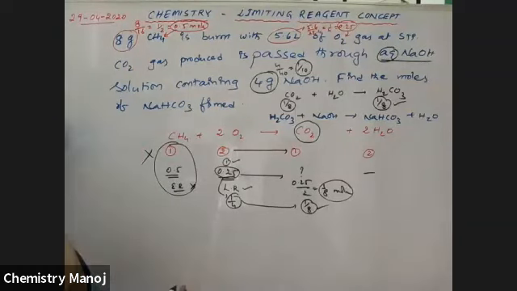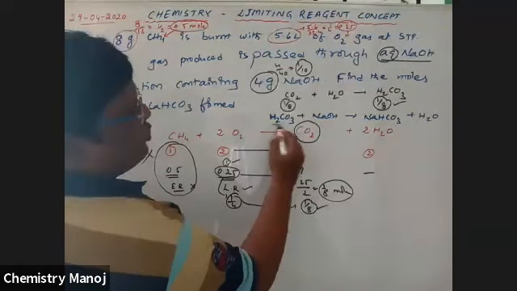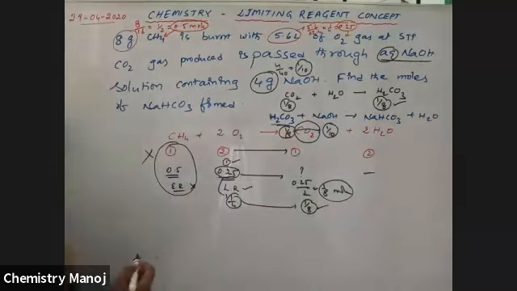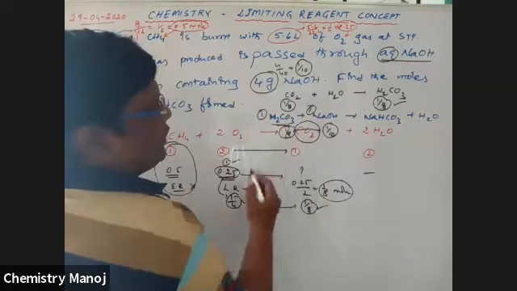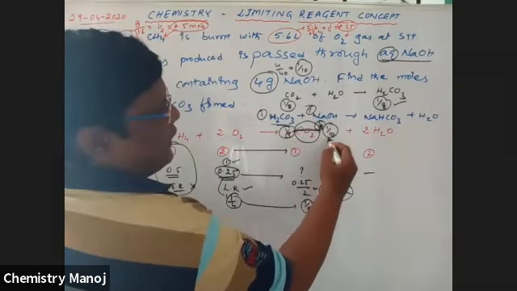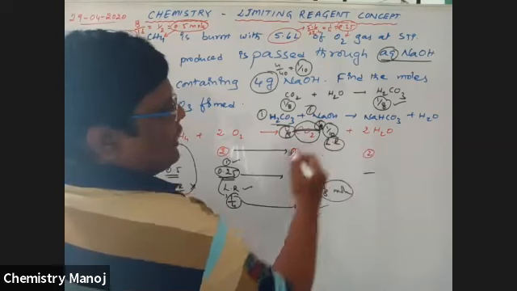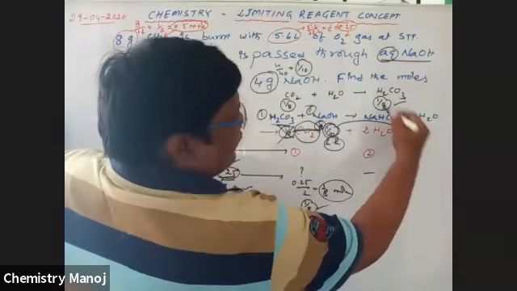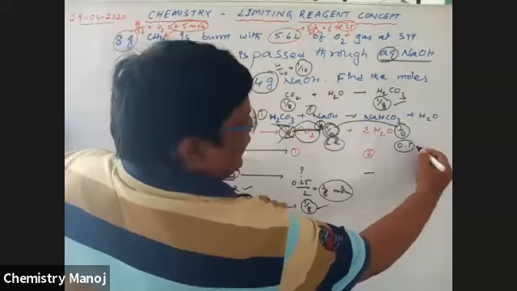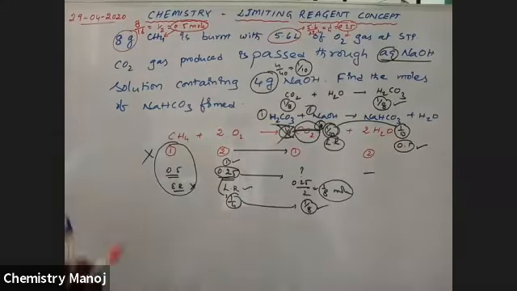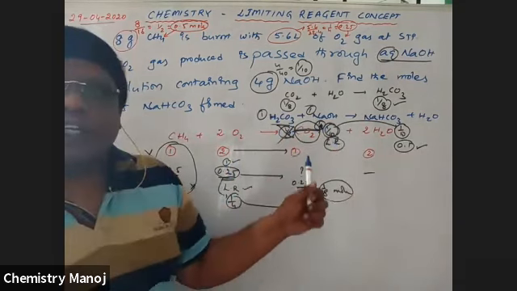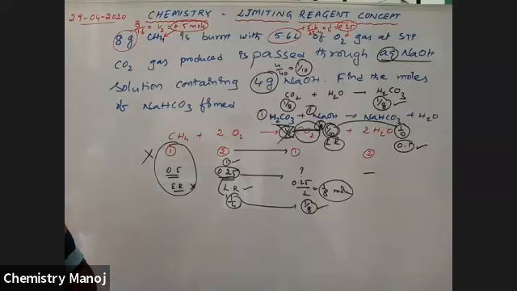Okay, 1 by 10 moles. Here H2CO3 1 by 8 mole reacts with 1 by 10 mole of NaOH. Now 1 mole requires 1 mole of NaOH, so 1 by 8 mole requires 1 by 8 mole, but it is less than that one. That's why it is the limiting reagent. Now 1 by 10 moles gives 1 by 10 moles of NaHCO3. Therefore, it is 0.1 mole. So mind it, the limiting reagent concept is used here, and also used here. Two limiting reagent concepts, two applications.